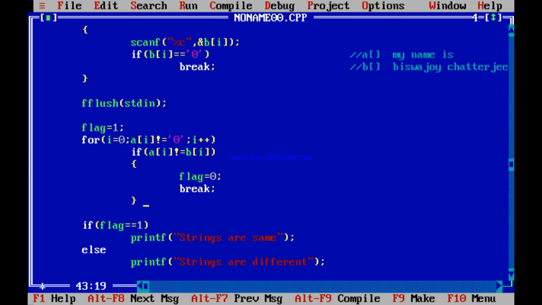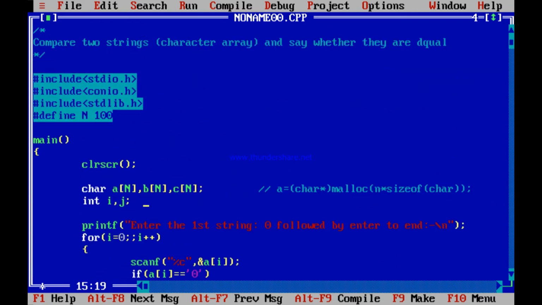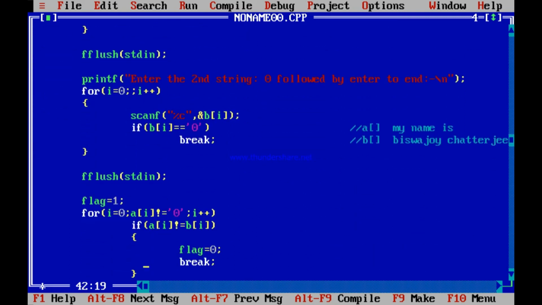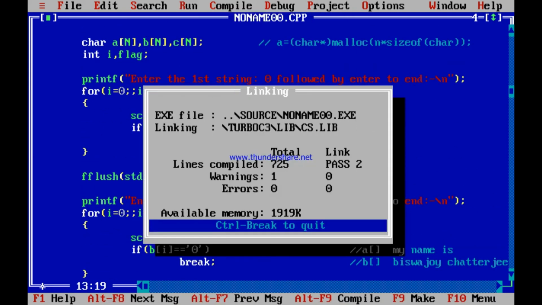So now what will I do? I will simply go for running this program, only with the initialization of the flag needed. So let me go for it. J is not needed. I have not used a j most probably. J was used for the concatenation of the two strings, but over here j was not needed. So I can get rid of the j. Instead a flag is initialized. Let me run this program again.